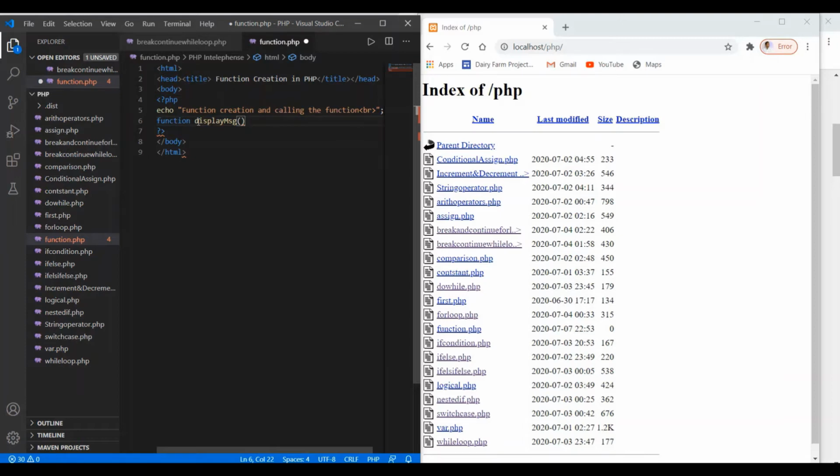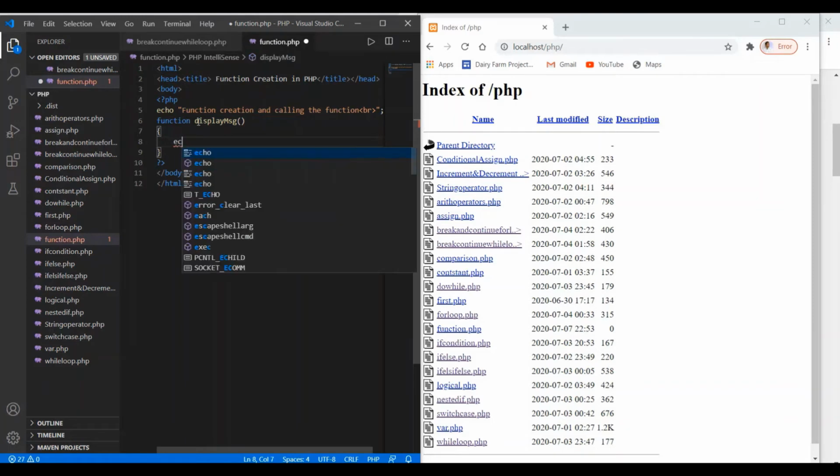After the name I have to put the parenthesis immediately. Then I have to write the body of the function within the curly brackets, the start and end of the curly bracket.